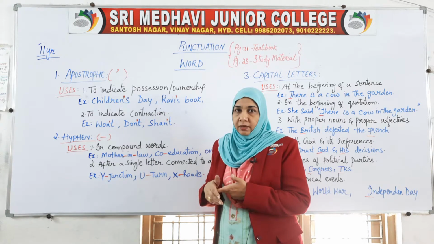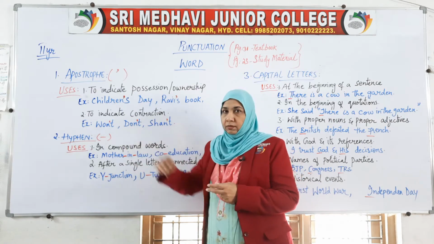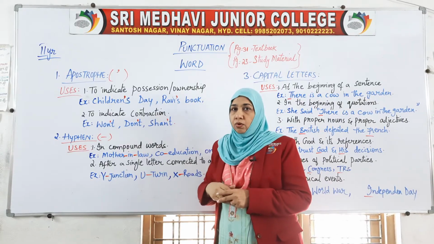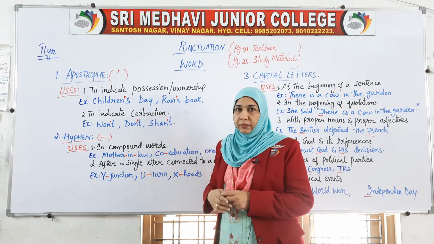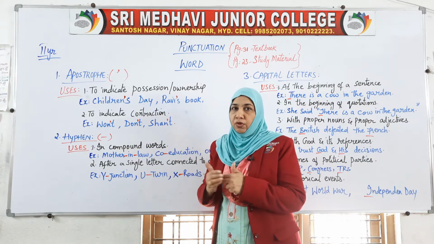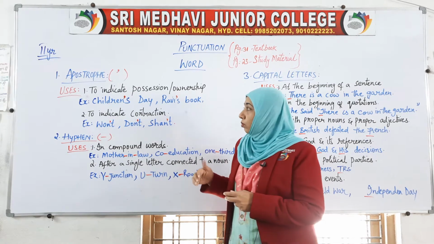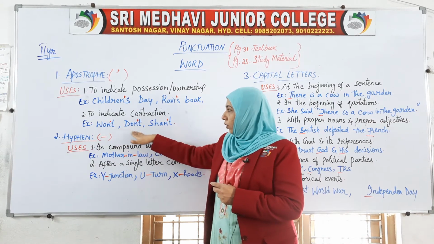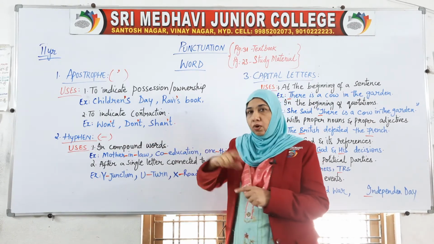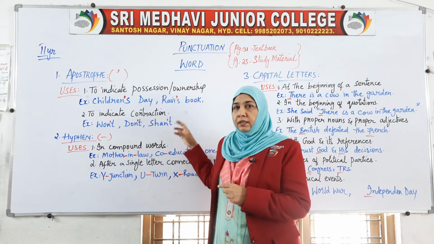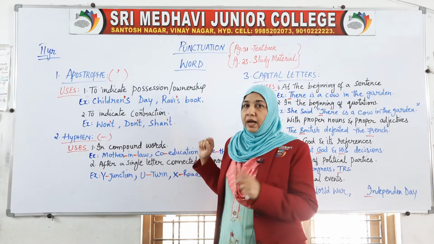Won't you be happy? Will not. Don't do that. Do not do that, we never say. Do not disturb. Don't disturb. Let me do my work. Okay? Don't disturb. This is normal language, what we use in our daily life. So in dialogue also we have to use that. So here won't, don't, shan't: shall not would be contracted and made into shan't. Okay? Aren't,